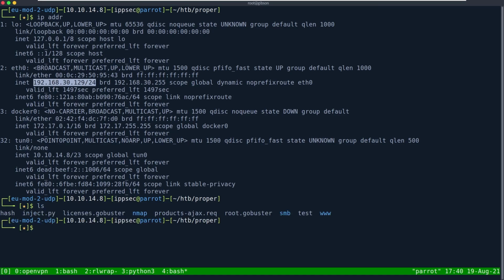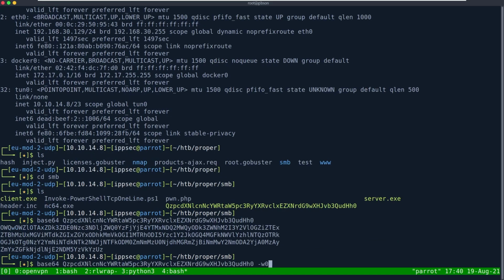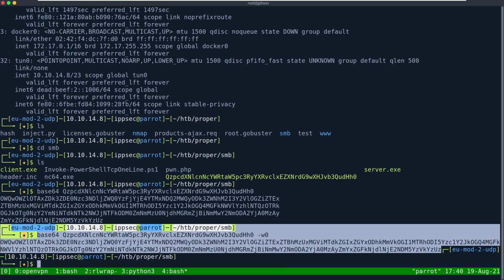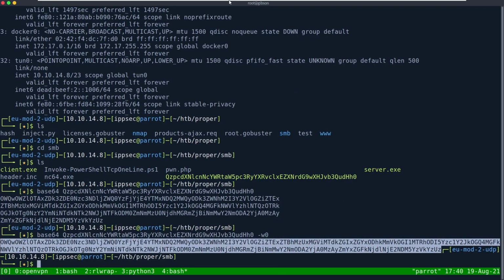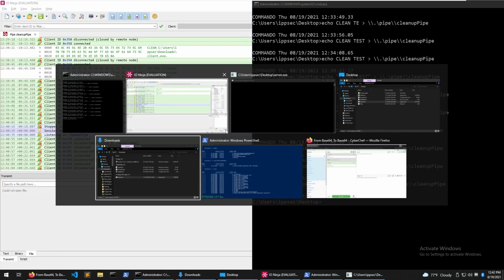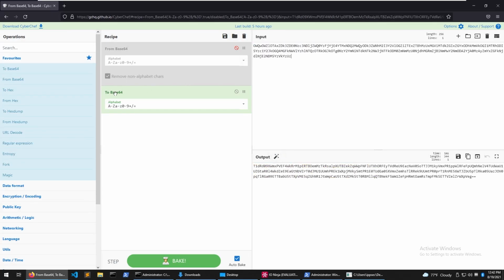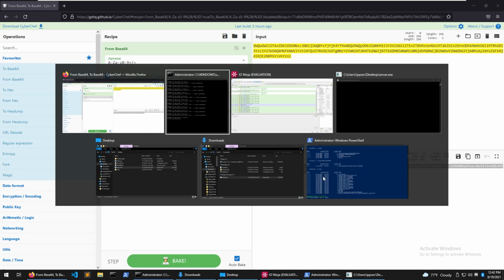Actually, how big is it? Let's see, cd smb. If we base64 the file, yeah, it's pretty small. I don't have to pause the video. I can just copy it this way. Copy. And then a way to save this now from base64. That's just, oh, it's just text. That's right. So we can copy this